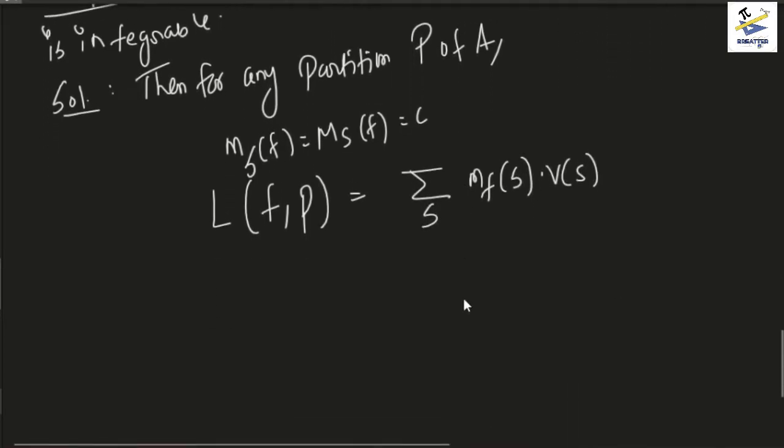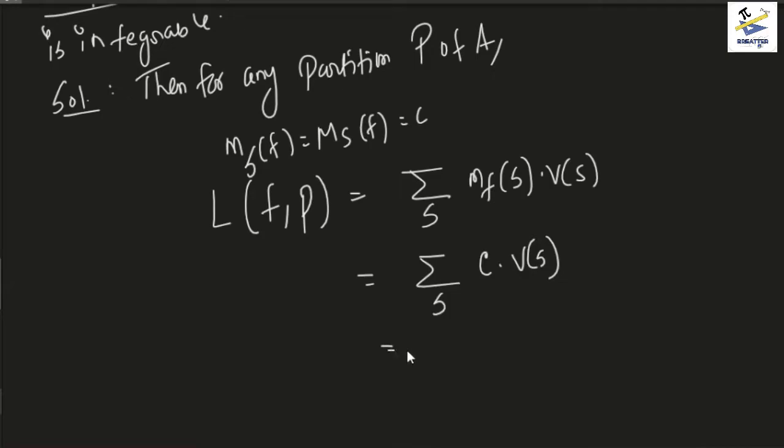Let us calculate it. For each subrectangle S, the minimum, that is the infimum, is basically C. And what about the volume? We do not know the volume yet, but what we understand is that when we add all the volumes over all the subrectangles, and since C is a constant, C comes out. So over all subrectangles, the volumes of S, if you add them all up, will be C into V of A, right? Similarly for the upper sum,